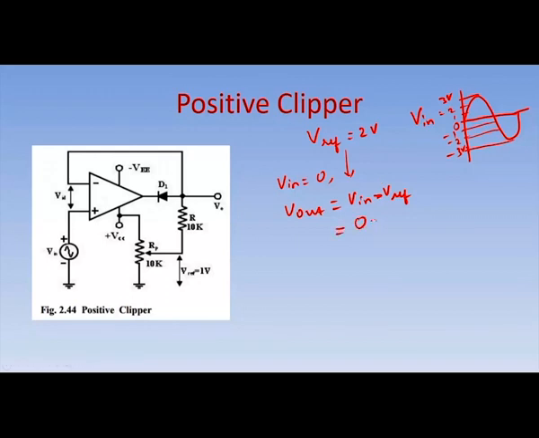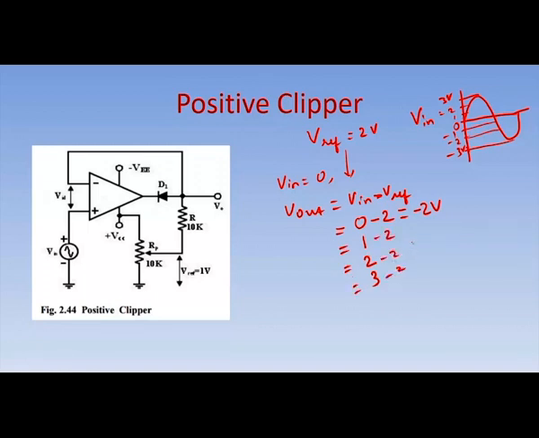If 0 is the input voltage and 2 is set as V reference, then the output voltage will be minus 2 volts. Similarly, if you increase the input voltage as 1, 2, 3, that is the peak of the input voltage in the positive direction,